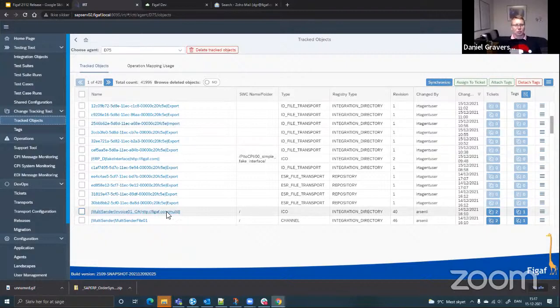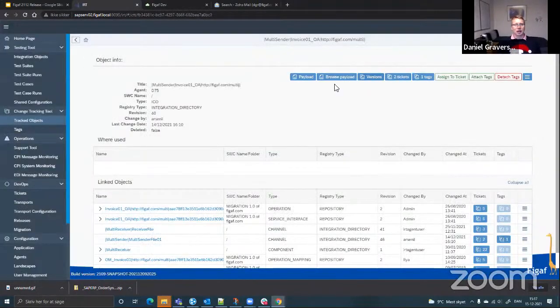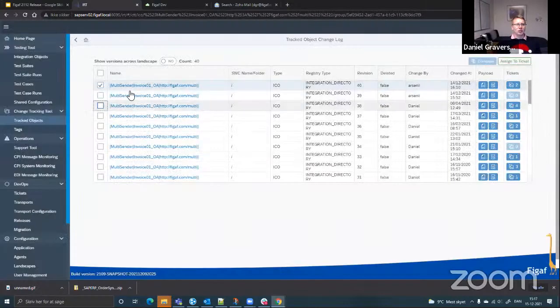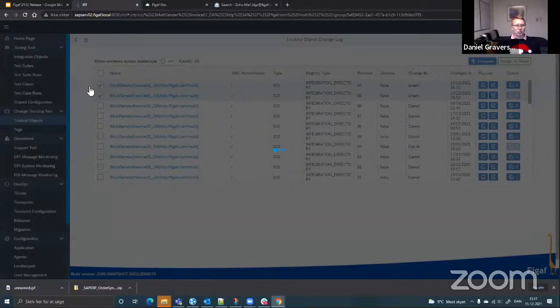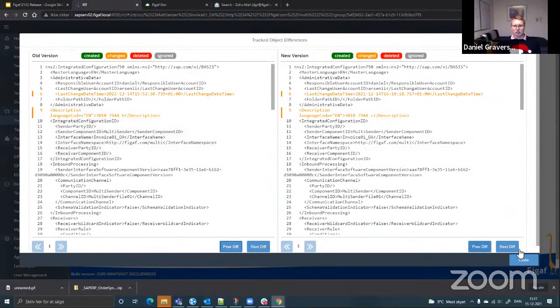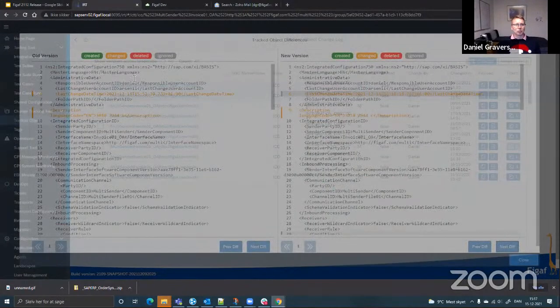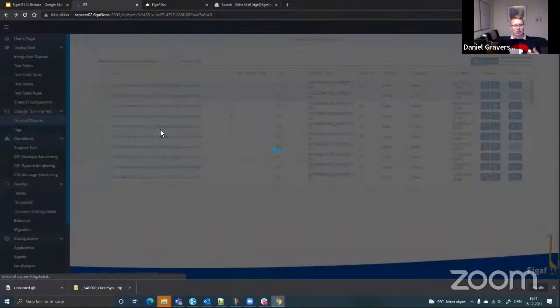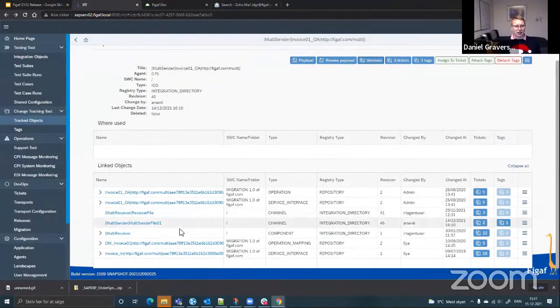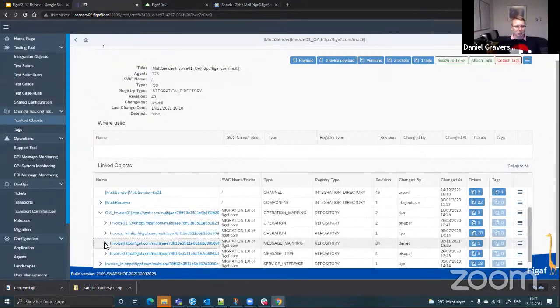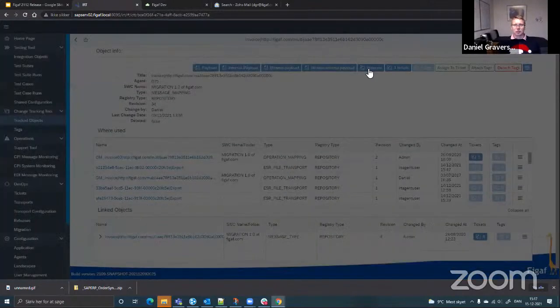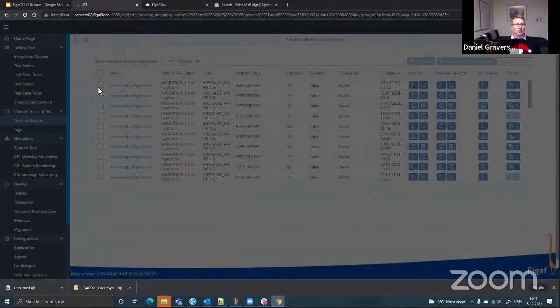What we do have here is we are searching for all the ICOs, or all objects having continuously versions of these things. So what we can actually do here is we can look at a version here. We can check what is the difference between two versions. We can compare it. So we can see that there was some text changed here. And obviously we have an option to look at all part of the objects if it is message mappings. So we have linked all of these objects together, so we can actually see this ICO is using this operation mapping, and this operation mapping is then using, so here, if we just look at the versions here, we have an option to check